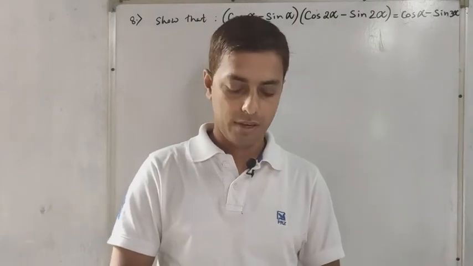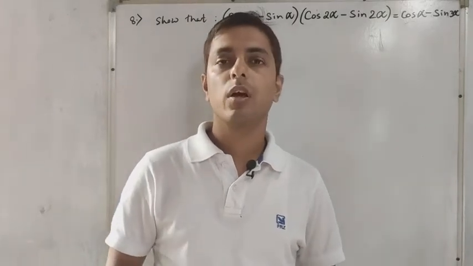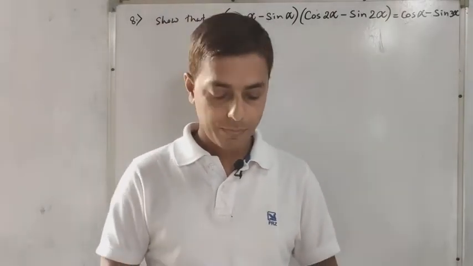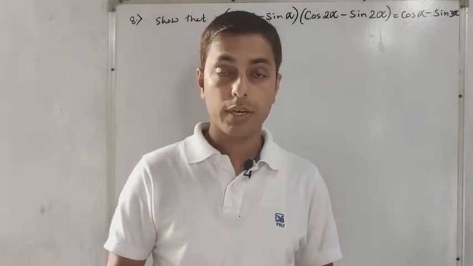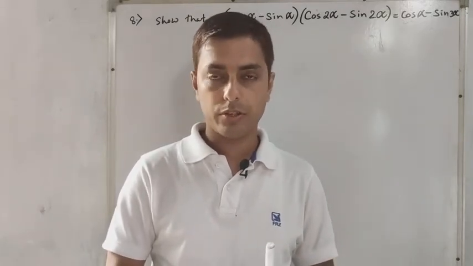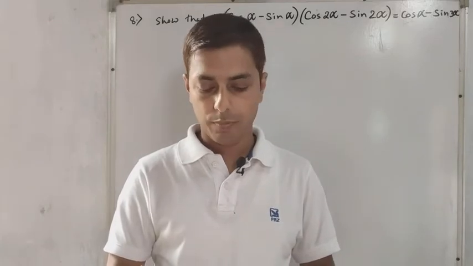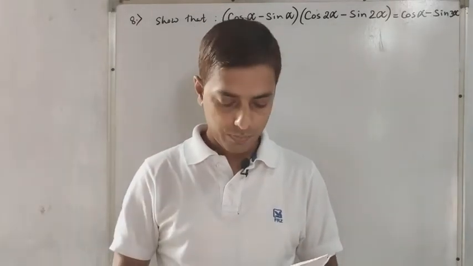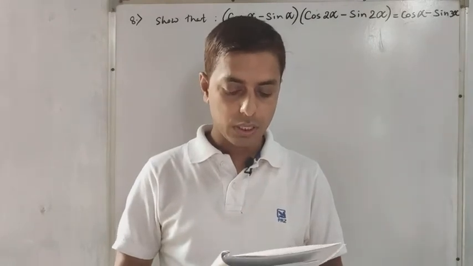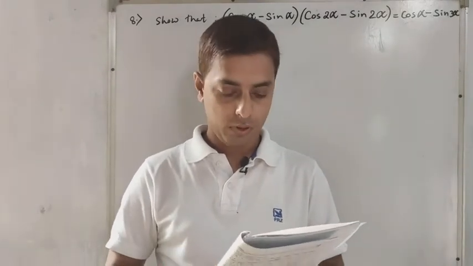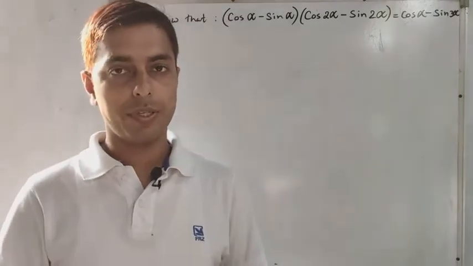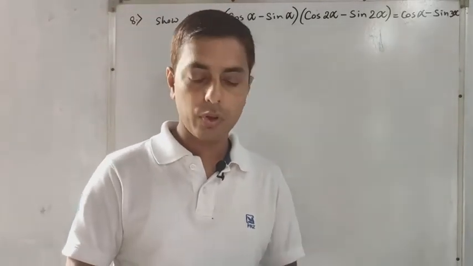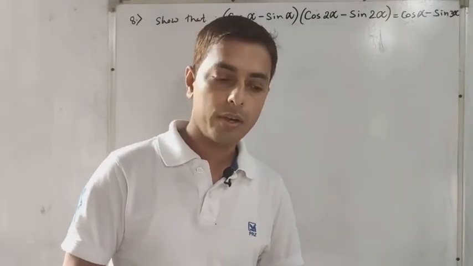So today in this class we are going to discuss more questions, how to solve them. We were solving exercise 7.2, that is trigonometry of advanced mathematics. Up to question number 7 we have discussed already in our previous videos. Now today we are going to discuss from 8 number onwards. So let's begin. Get ready with your notebook, textbook and go to your study table.